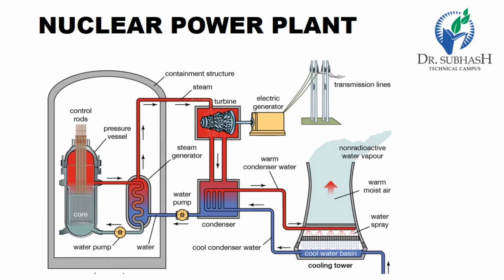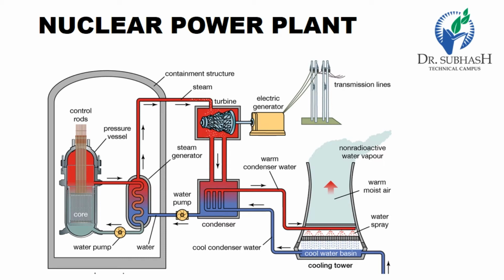Some of the advantages of a nuclear power plant: the amount of fuel required is quite small. A nuclear power plant requires less space as compared to any other type of the same size. It has low running charge as a small amount of fuel is used for producing bulk electrical energy. This type of plant is very economical for producing bulk electrical power. It can be located near the load center because it does not require a large quantity of water and need not be near coal mines.